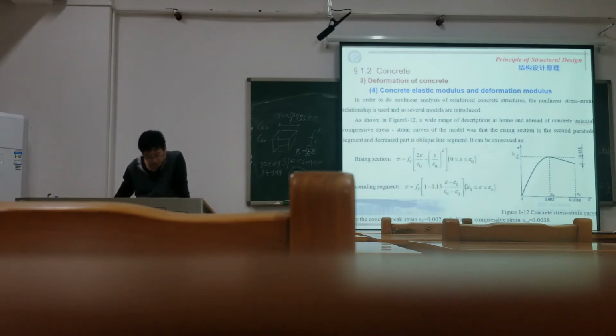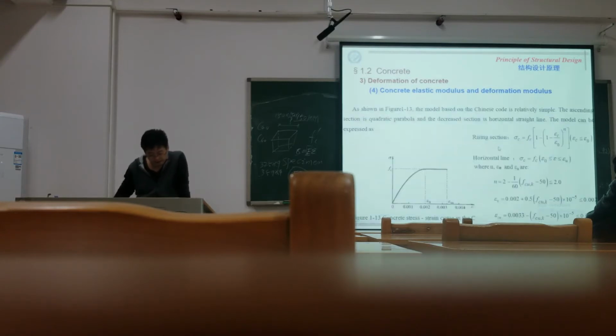And also, we can introduce this stress-strain curve for use in different codes. Normally, they use this curve for the increasing part, and the down part uses a straight line, the oblique line. Actually, in the Chinese code, we use an even simpler one. The increasing part uses this